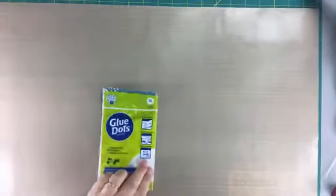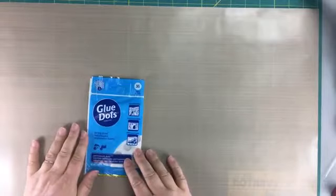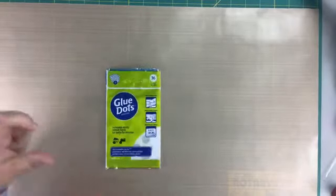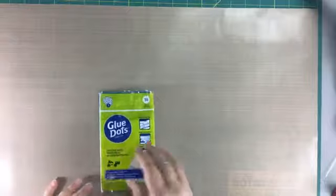Now, I'm missing some stuff. Glue Dots is always a good place to go. They have, now I don't know whether these are brand new. I usually use the ones on a roll, and I have the dispensers, which I'm sure you've seen me show before. But this year,